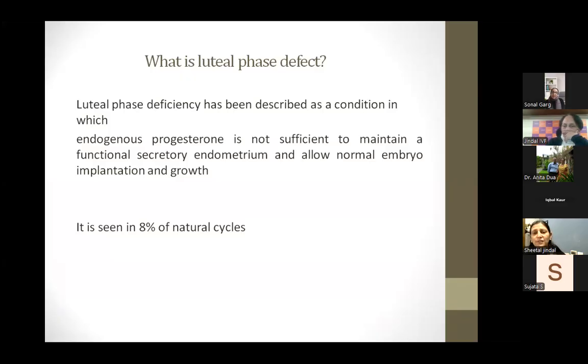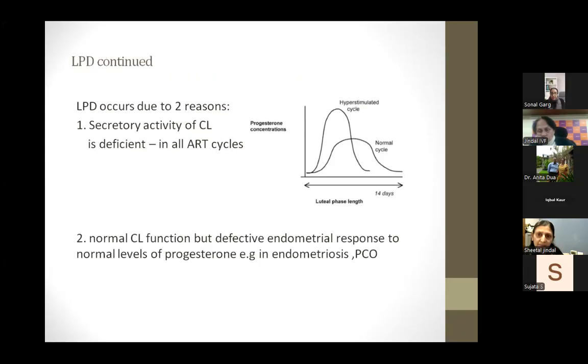Now, this luteal phase defect is a little controversial in natural cycles, but yes, what we usually imply is that in case there is a bad follicular phase, if the follicle which is developed is not of a very good quality, then it might lead to a bad luteal phase, meaning thereby the progesterone production by the corpus luteum might not be adequate to support the endometrium, and it can lead to a luteal phase defect, which might not allow the implantation to happen.